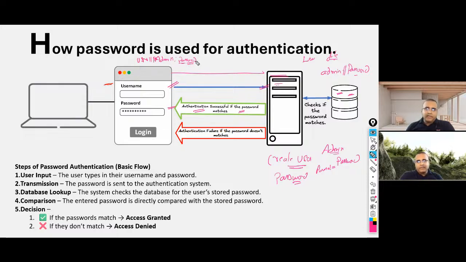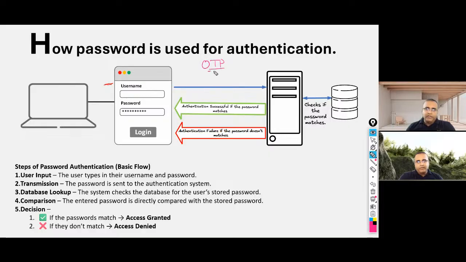But let's say here I change it to something else, it could be security. This is the password I've given. Now it will check that the database has password as the password, but what I have entered is security. Both of them do not match, so it will deny access. This is an excellent process to go about. I think the majority of what we see today is based on password authentication. Even your OTP process works based on this pattern itself. One-time password you're going to get, that is going to be there.